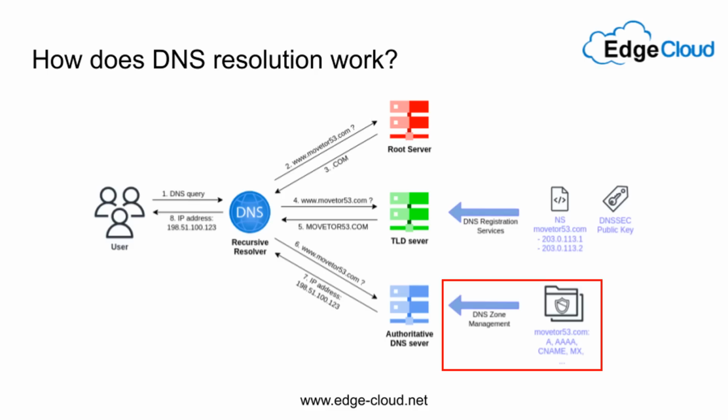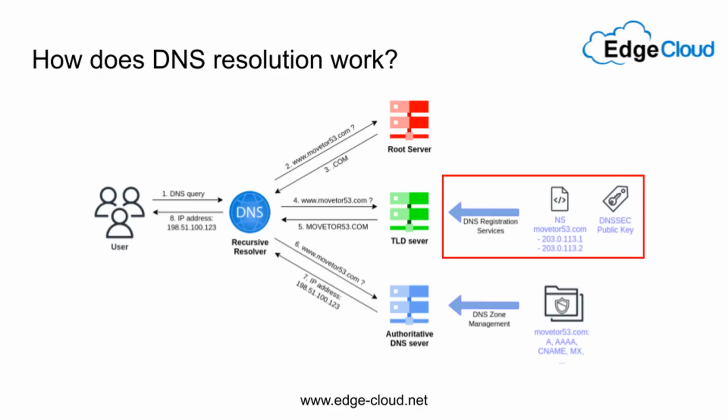While in the old days you actually had to set up a set of servers running DNS software like Bind, with the availability of DNS services like Route 53, you no longer have to worry about this undifferentiated heavy lifting and can focus on the entries itself. In the case of Route 53, you can thereby make use of DNS servers distributed across more than 400 edge locations. Second, DNS registration services.